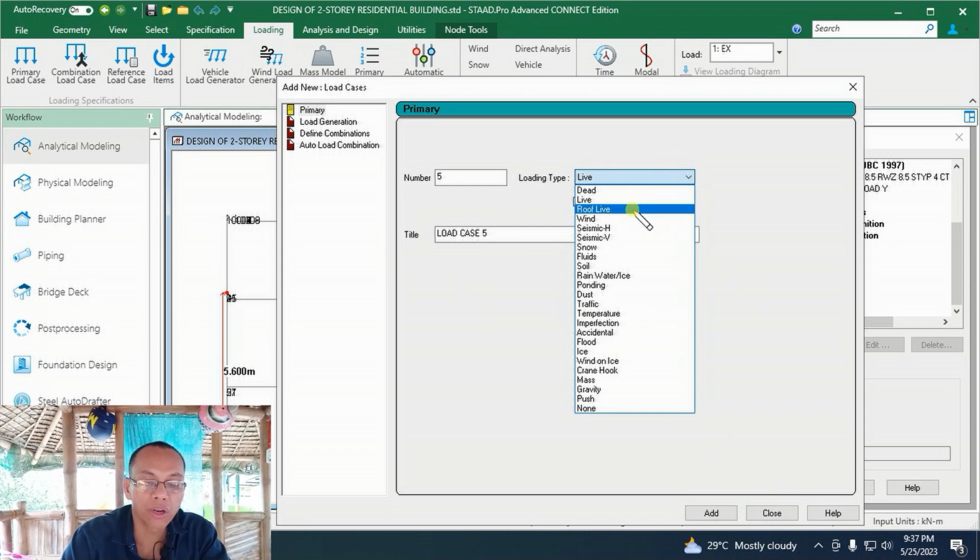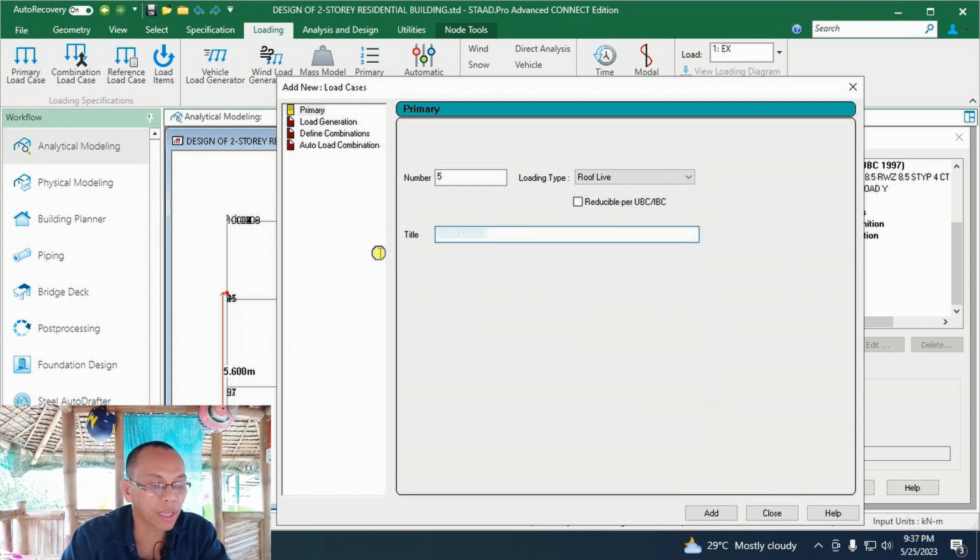Next, roof live, type RL, click add. Next, wind for wind load, type WLX1, click add. Next, type WLX2, click add. Next, type WLG1, click add. Type WLG2,